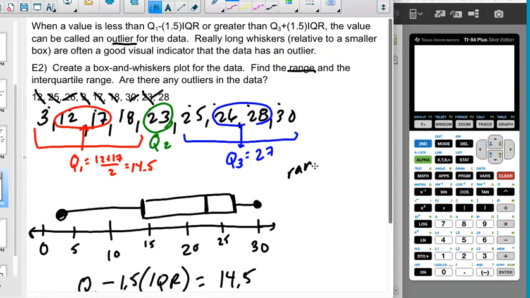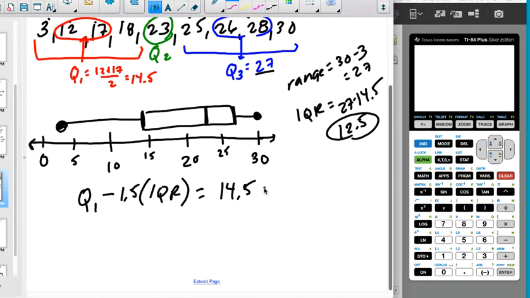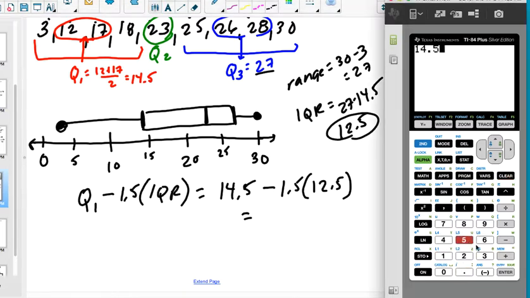So the range is pretty simple. That's 30 minus 3, so it's 27. The interquartile range would be 27 minus 14.5, which I think is going to give us 12.5. So basically, 14.5 minus 1.5 times 12.5 is going to give me an outlier. So if I do 14.5 minus 1.5 times 12.5,